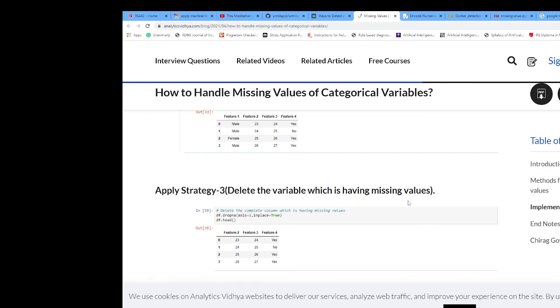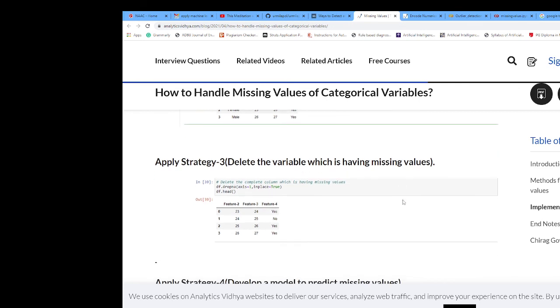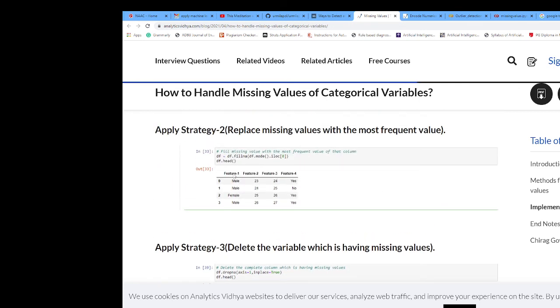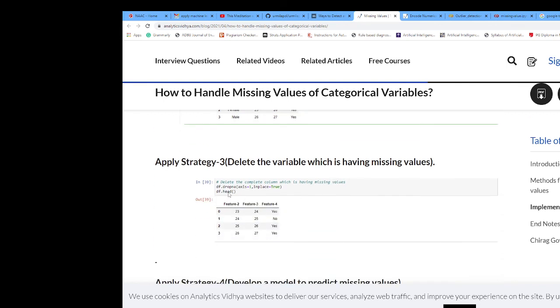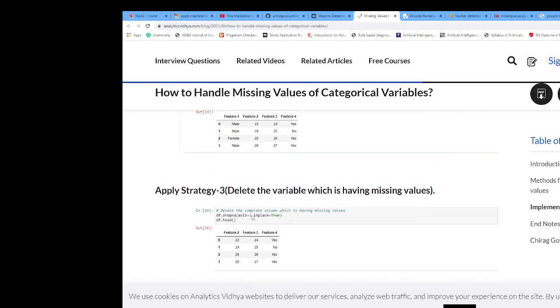Delete the variable which has missing values. Suppose we want to delete this column because it contains a missing value. Then how to do that? df dot dropna, axis is equal to 1. Axis equal to 1 means columns, inplace is equal to True.